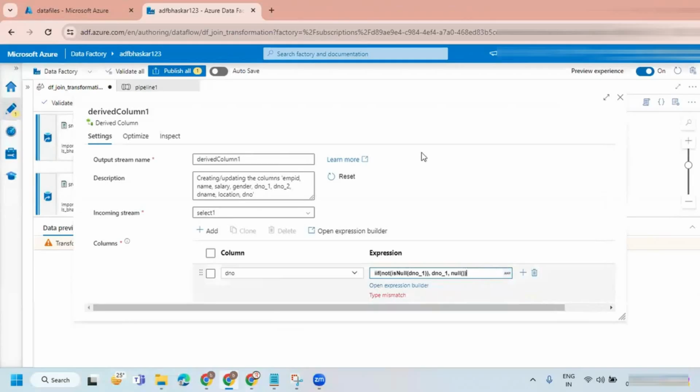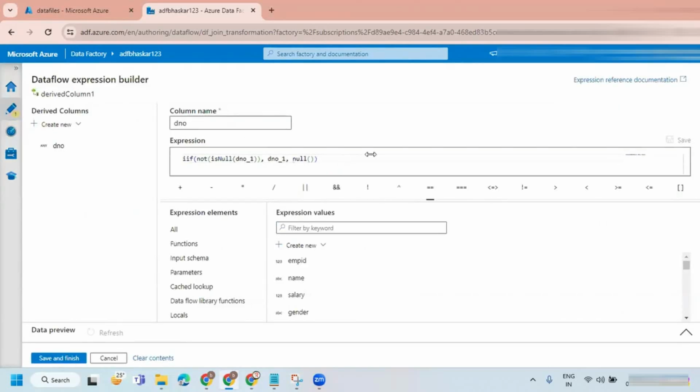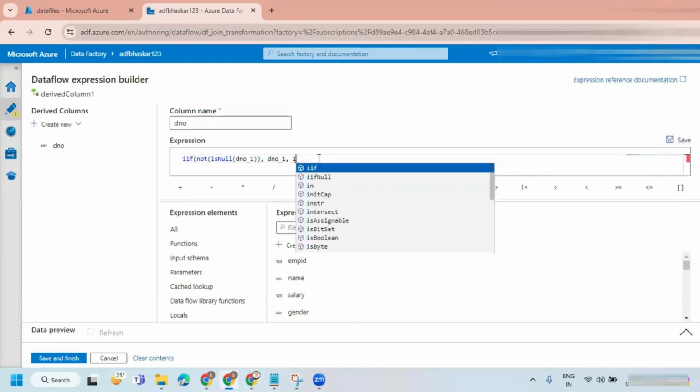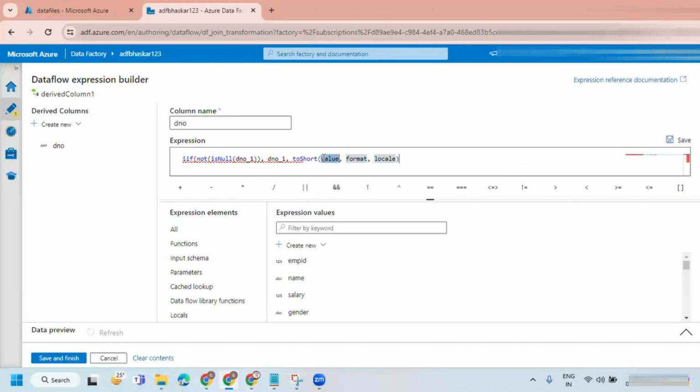Type mismatch. I don't think that is sort. It's toSort. Look, I have it.